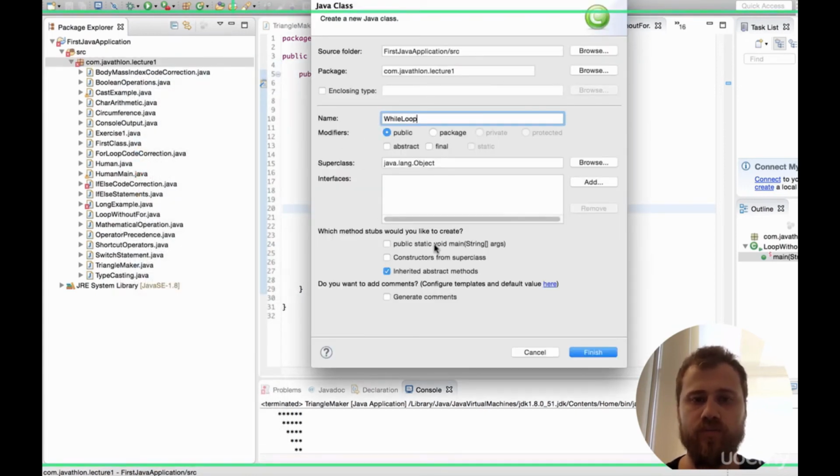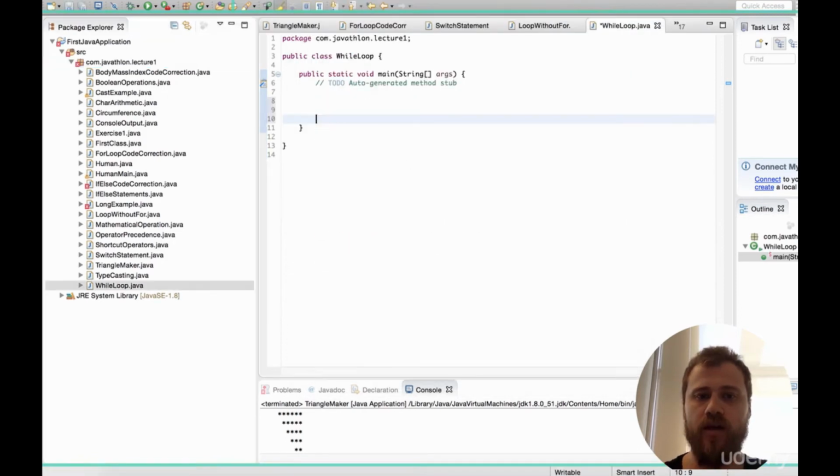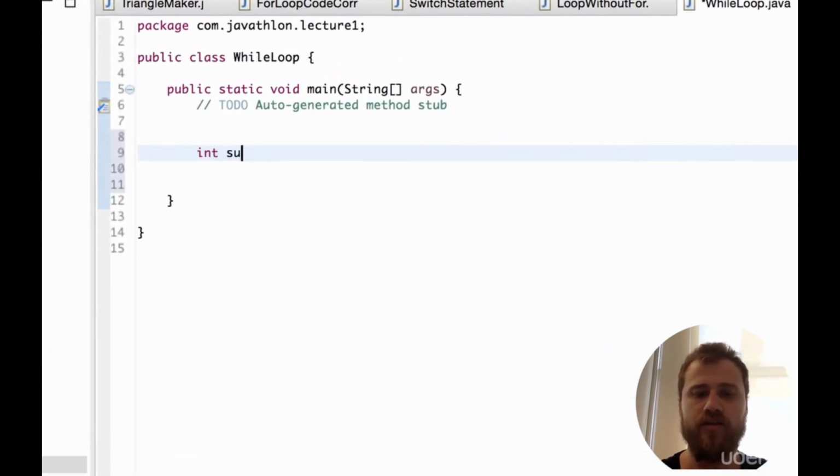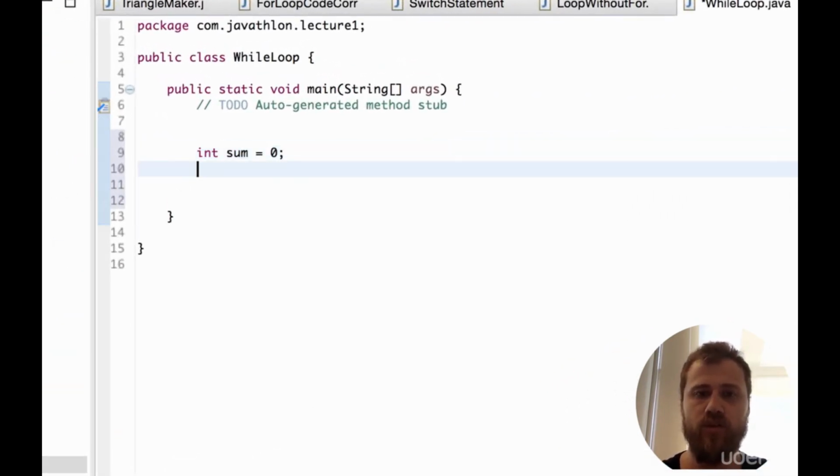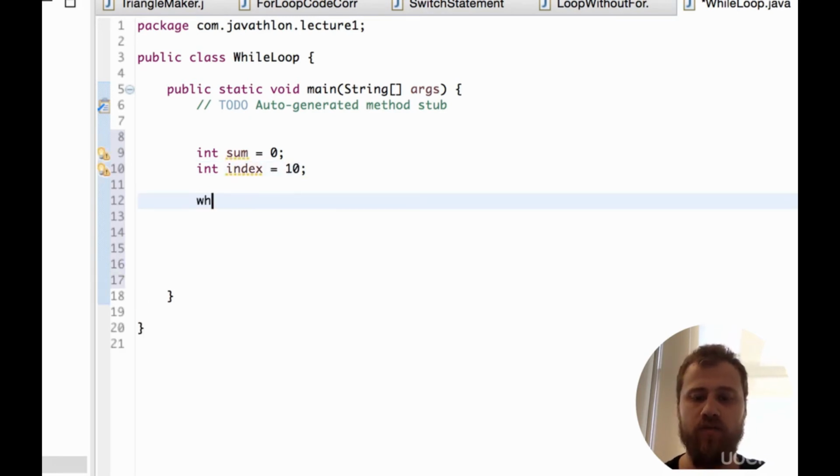While loop, public static void main. Let's sum all the values from 10 to 20. int sum equals 0. And let's define another integer, index. And it starts from 10. Okay? While